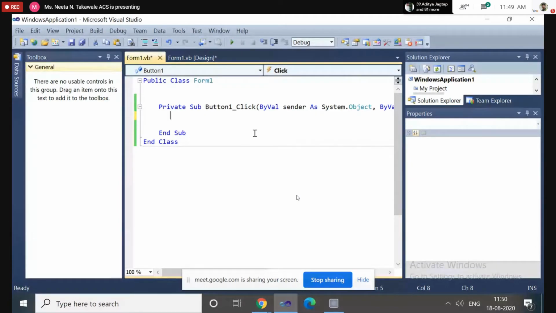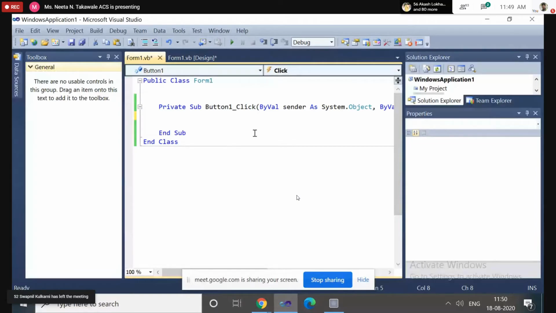The first way is to use the MsgBox function, and the second way is to use MessageBox.Show in your application.